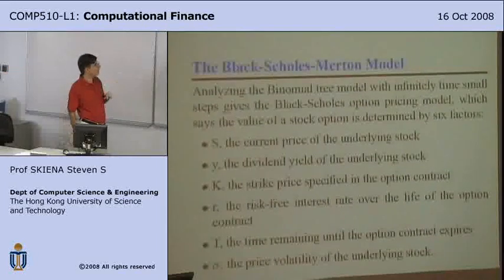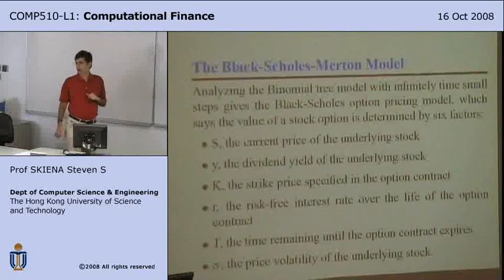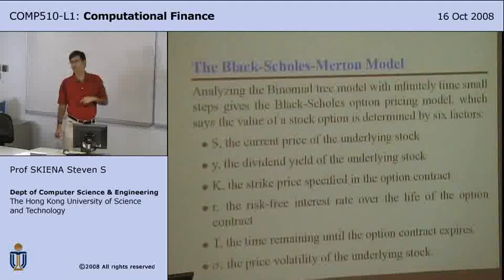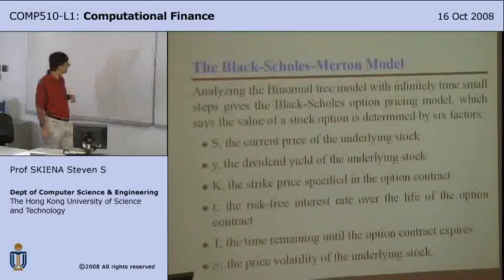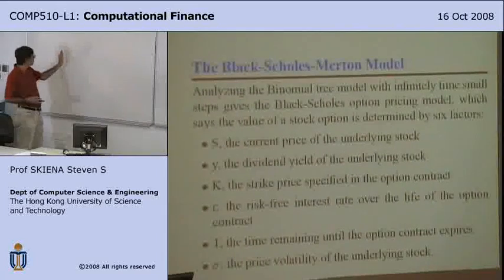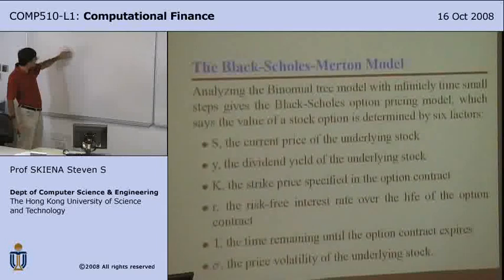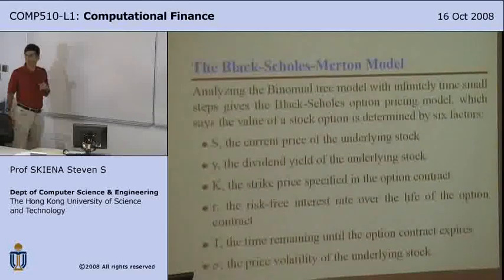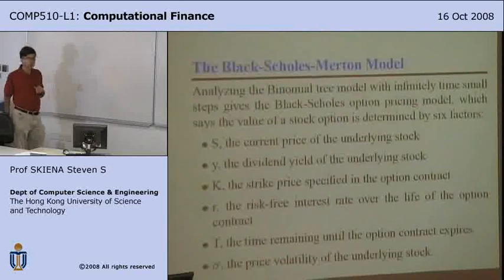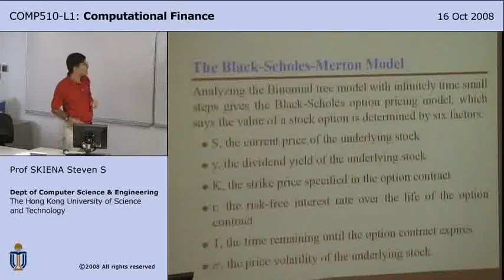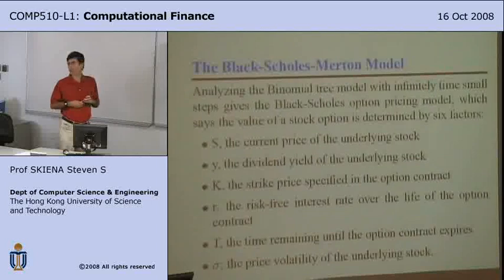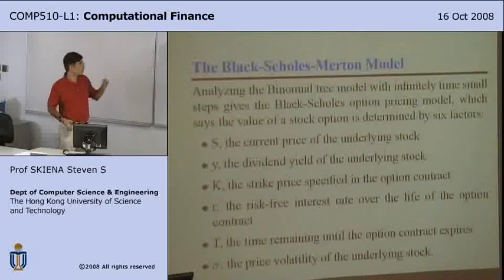There was the dividend yield of the stock, okay? We noticed that we had prices in general drop when dividends are released. But we said that in principle we could factor that into our binomial tree model by simply modeling different jumps on the day the dividends are supposed to come out. Okay? But we agree that affects it. K, the strike price of the option. Okay? That is clearly an important thing for pricing, and it's something we kept in mind.